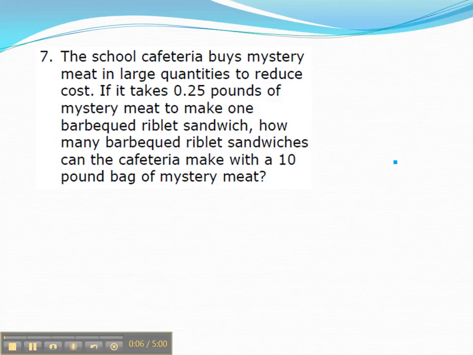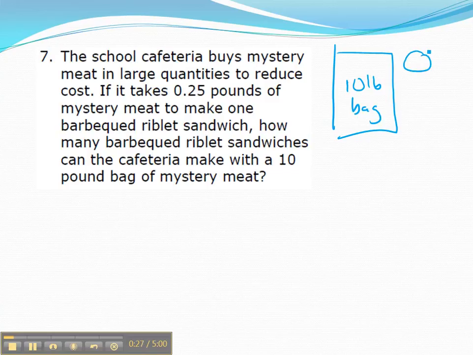Okay, problem 7. The school cafeteria buys mystery meat in large quantities to reduce cost. If it takes 0.25 or 25 hundredths of pounds of mystery meat to make one barbecued riblet sandwich, how many barbecued riblet sandwiches can the cafeteria make with a 10-pound bag of mystery meat? So we have this 10-pound bag,